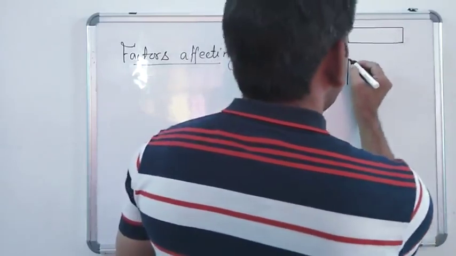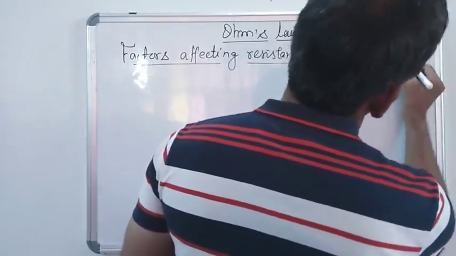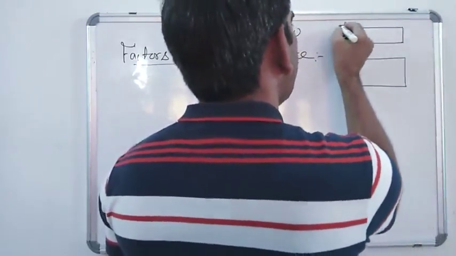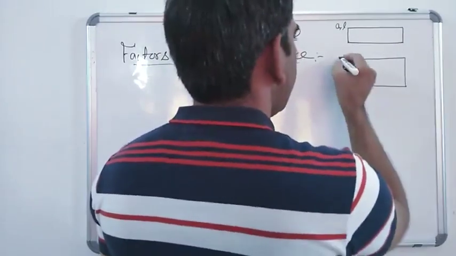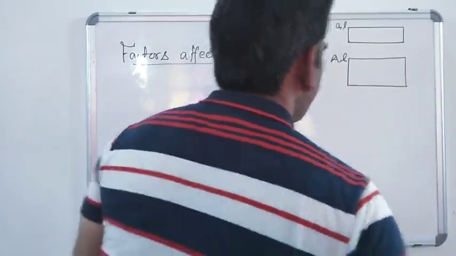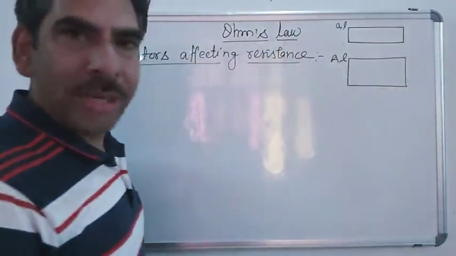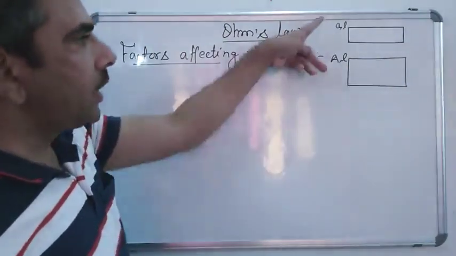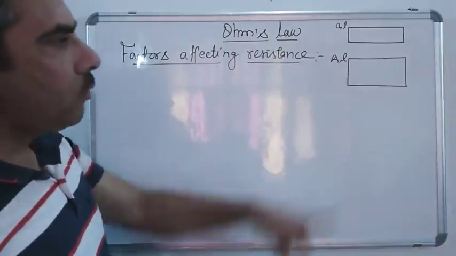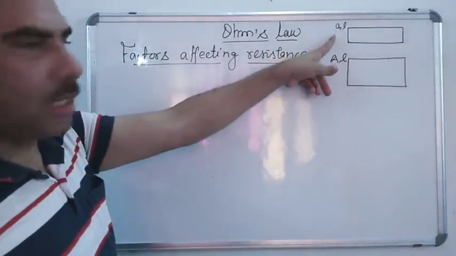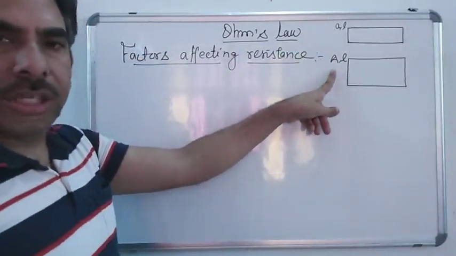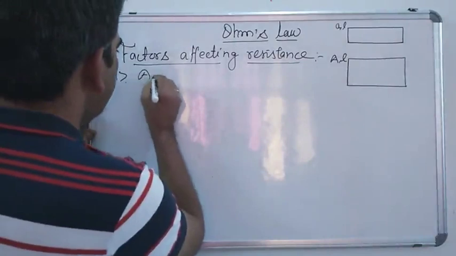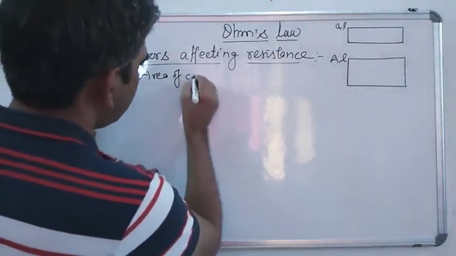Of the same material we are taking another conductor of the same length but of larger area of cross section. So let me represent it here with a small a for the area of cross section, and here it is capital A, just to differentiate. So we are taking two conductors of the same material, for example copper, and the length of both conductors is the same but the areas of cross section are different. Then the one which has less area will have more resistance and the one which has a large area of cross section will have less resistance, right? So the first factor is the area of cross section.